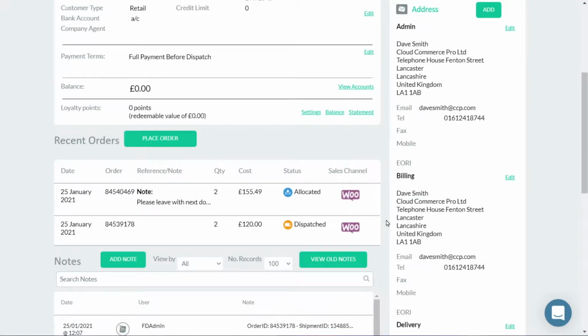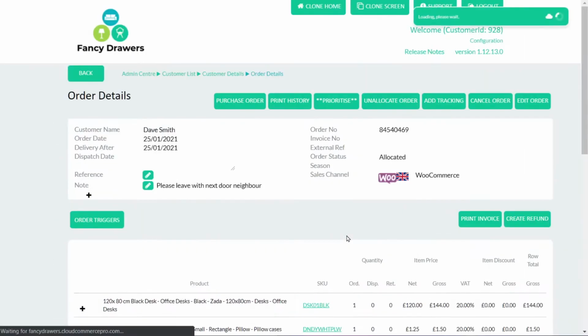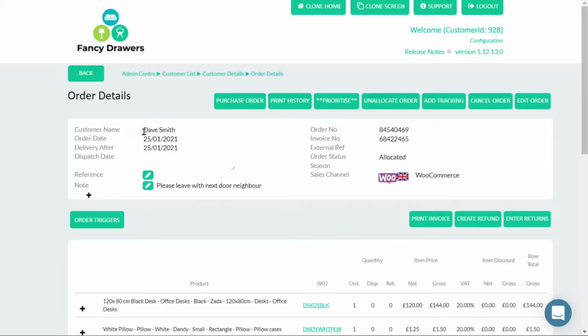I will now click onto one of the orders in the Recent Orders section to view the order details. First showing an order which has not been dispatched, and then an order which has been dispatched. Here we have the customer name, the date the order was placed, the date the order is due to be delivered, based on any handling times on the products and the shipping method,